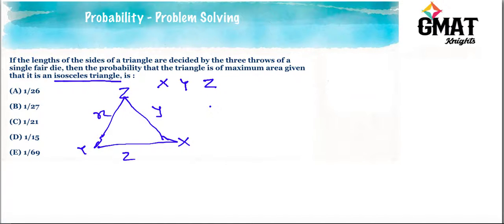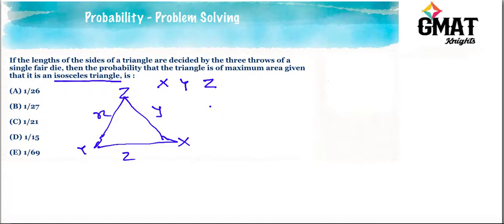Now we need to find the probability that the triangle is of maximum area. So we have to maximize the area, right? So what all possibilities do we have? Now, before going forward, one common mistake that students make here is that, while we do understand that an isosceles triangle has to have two sides equal,